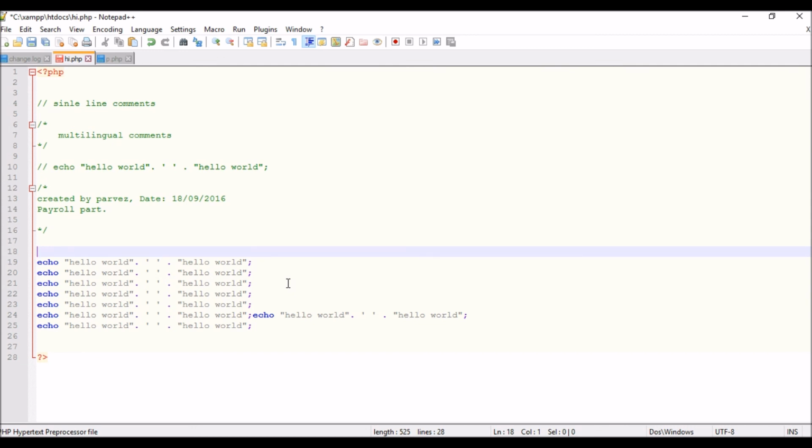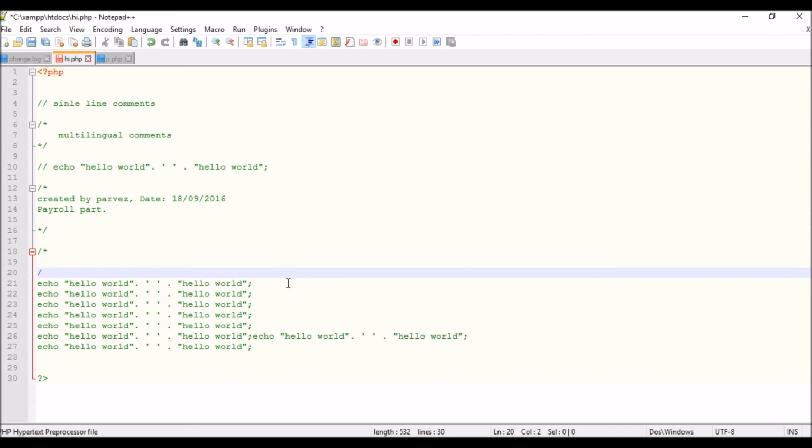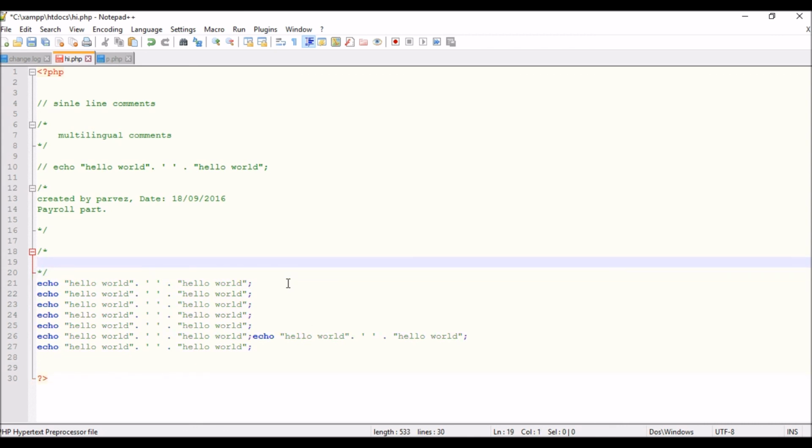So let's say one new employee came and updated my previous one, so he will write like updated by his name, let's say Perry, and the date. We can say this is the actual use of comments.